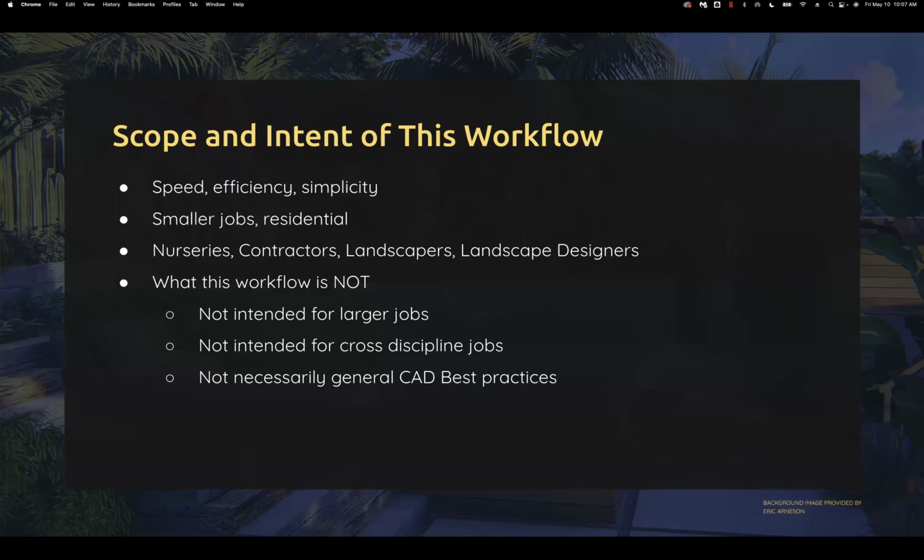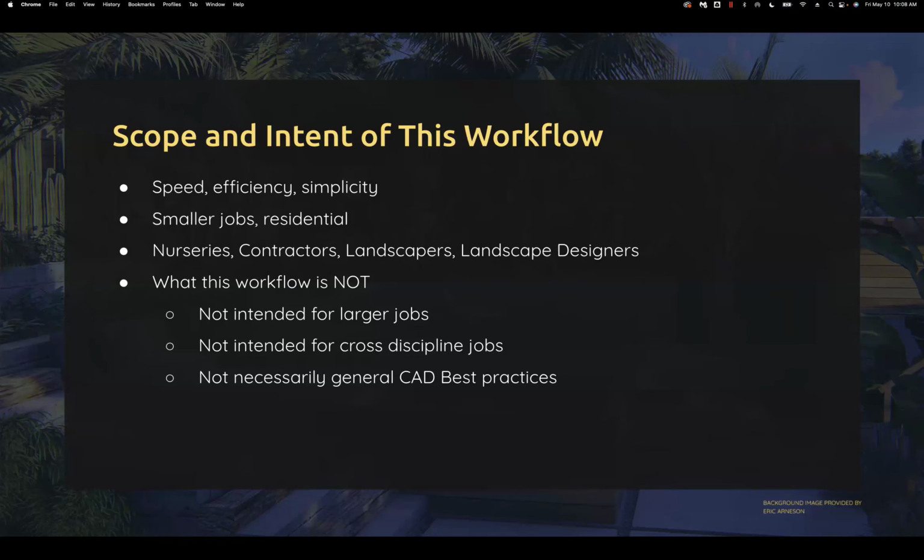A quick note, if you need to search for any other additional resources, you can always go to our website, click on the videos tab, hit the search bar, and type in what you need. If you were to search for sheet setup, for example, you'll find a really good webinar that goes into the theory behind how you would set your sheets up for those larger projects. There are 2 major reasons that you would want to set your sheets up that way on a larger project. One being those projects tend to have more changes over time and you need to be able to update things. And so having everything organized correctly helps with the efficiency on that side.